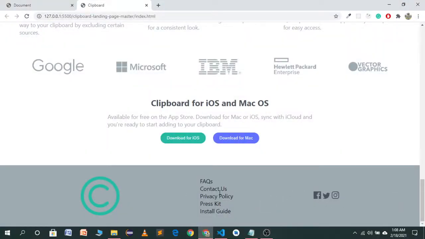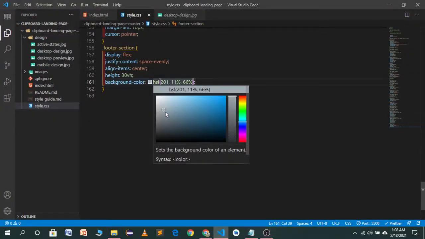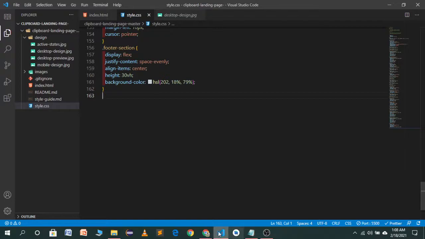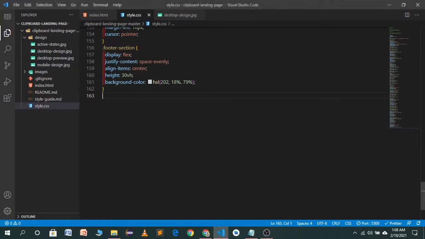As you will see, its opacity is, I think, greater, so we should go here and reduce a little bit of opacity. Let's see how it looks right now. Now it's looking great. We have to target the social container and our FAQs container, and we have to reduce the logo size.